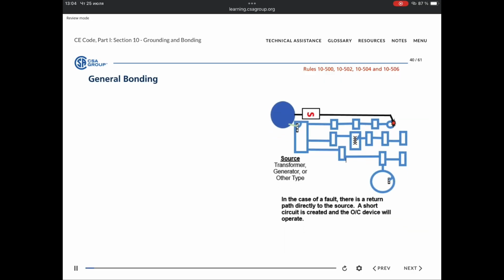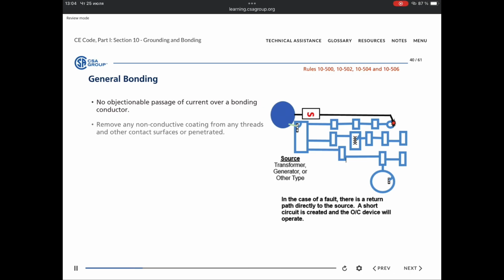There are certain general requirements regarding bonding that must be adhered to. First, there shall be no objectionable passage of current over a bonding conductor. Next, any non-conductive coating, such as paint or enamel being used on conductive equipment, conduit, couplings, or fittings, must first be removed from any threads and other contact surfaces or penetrated to ensure a good electrical connection at the point